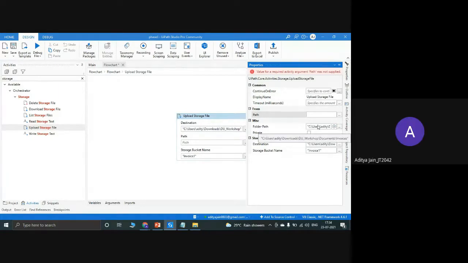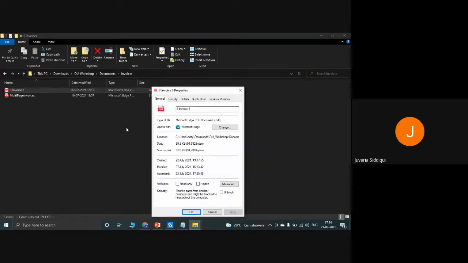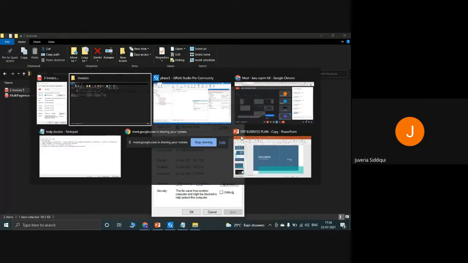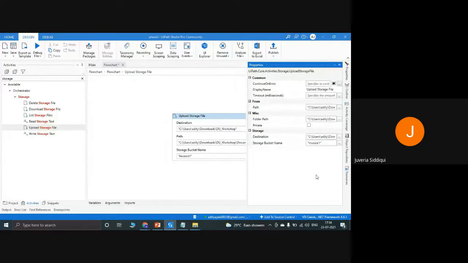Ma'am, that I gave in the folder path. No, that's okay. Do you have a PDF file that you want to upload? Just give that file path over here. Give that. You have to give the name of the file also, right? Which file you want to upload.